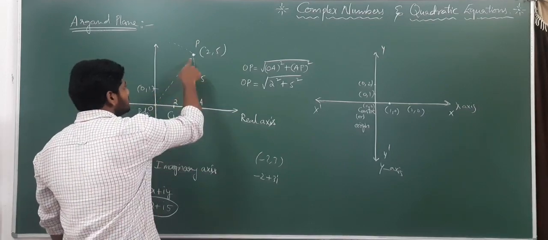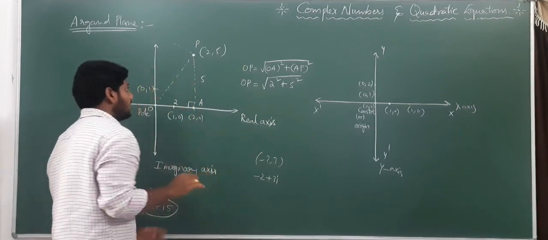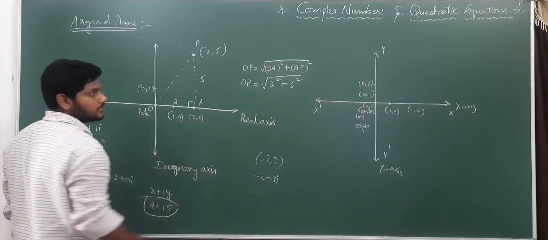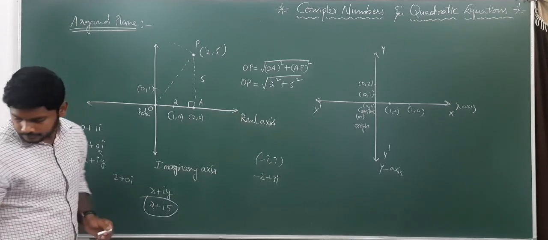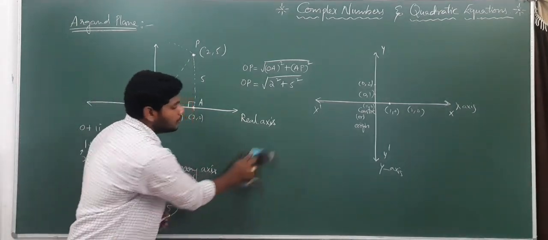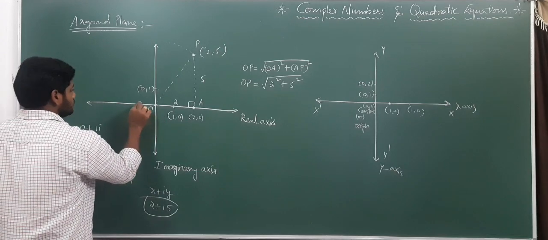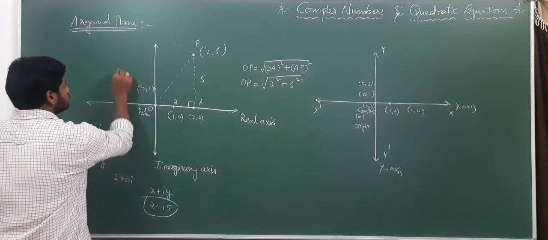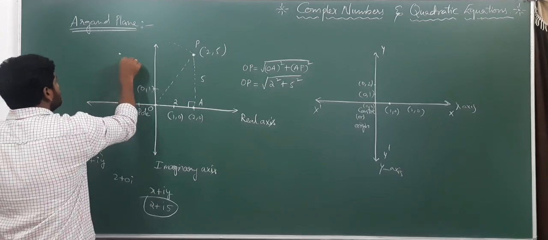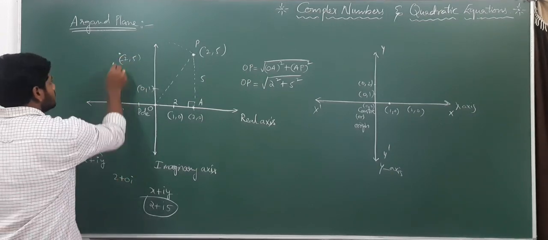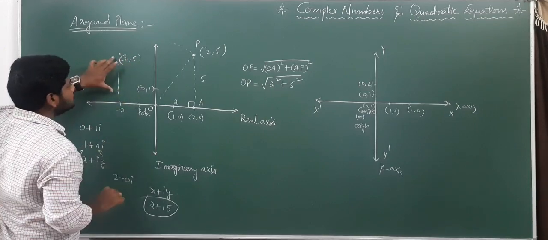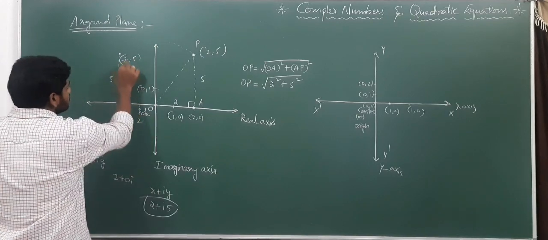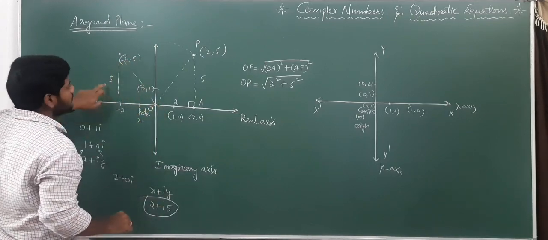Now here this OP, if we form a circle here, we can consider this as a radius, right? And again, if it is 2 comma 5, the OP value is square root of 2 square plus 5 square. Are you understanding? Now, see, if I consider a point like this is 1, this is minus 2. If I take the point minus 2 comma 5, so this distance how much? When it comes to distance, this is 5 and this distance is 2.